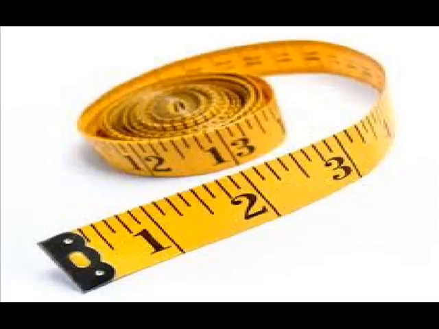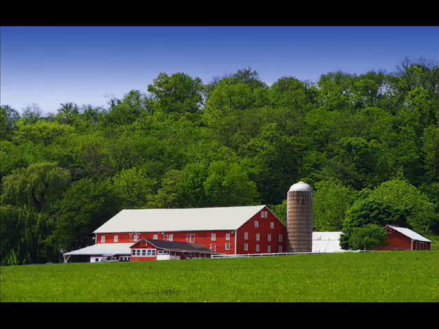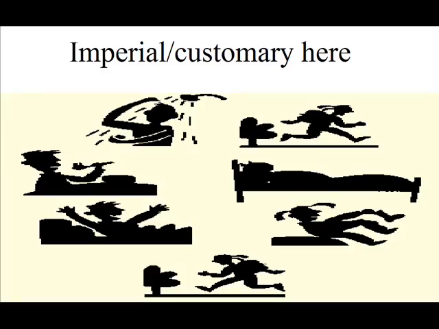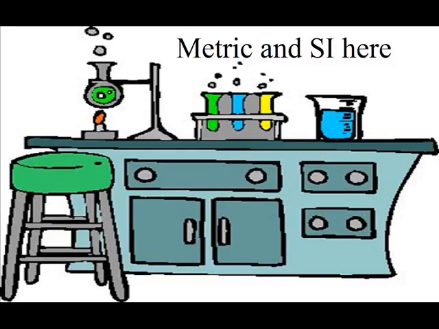The Imperial/customary system is based upon what is most efficient for the individual purposes of the people doing the measuring, while the metric and SI systems are based upon abstract things like math, so that conversions are easier and faster. So in everyday life, I suggest that we all should use the Imperial/customary system to be more effective and efficient, and that the scientists should use the metric and or SI systems for international purposes and then convert the results to Imperial/customary when informing the public.